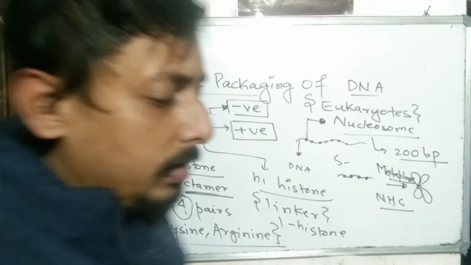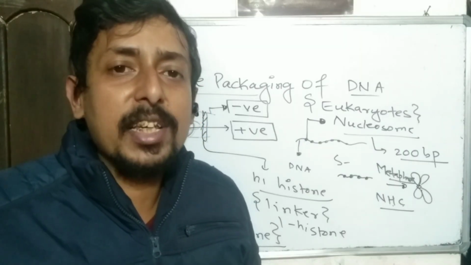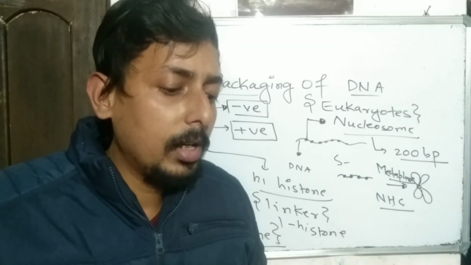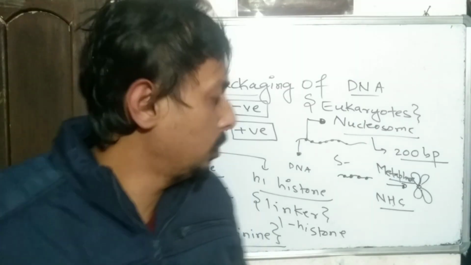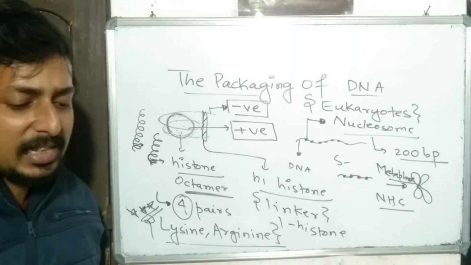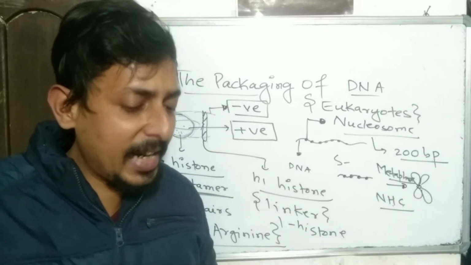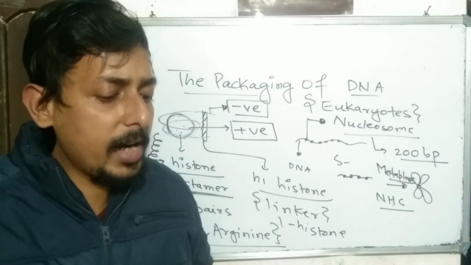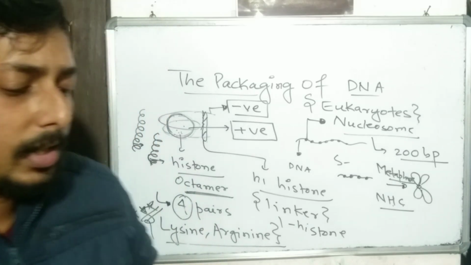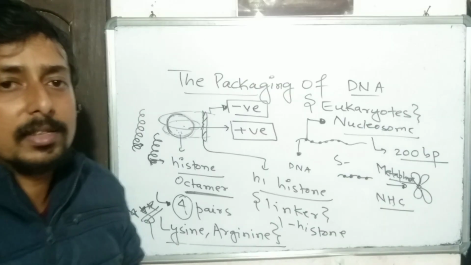So number 1 question. Histones are enriched with. They are asking which amino acids are present in the histone. Number 1, leucine and lysine. You know it is the wrong option because I have already told you lysine and arginine is the answer. Number 2, phenylalanine and leucine. This is again the wrong option. Number 3, phenylalanine and arginine. This is again the wrong option. Number 4 says lysine and arginine. This is the right answer.